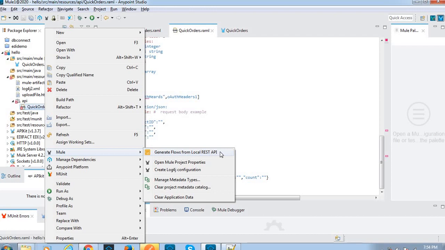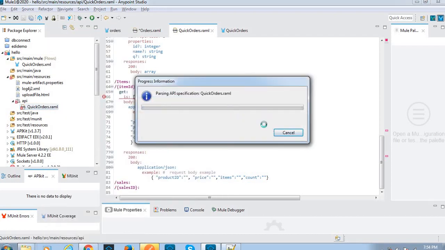Once you click on this, it will be processing, using API kit router.